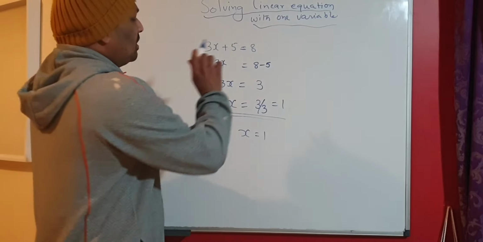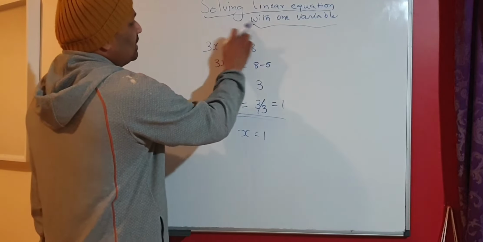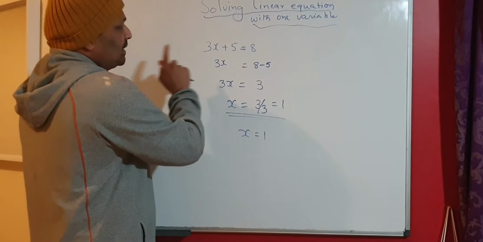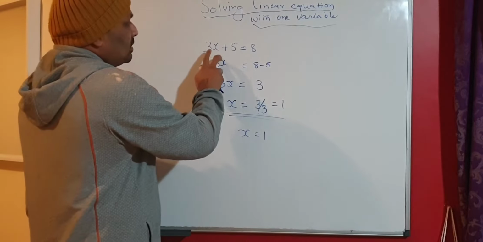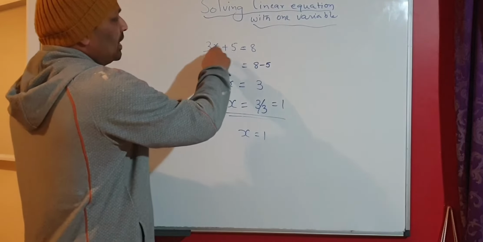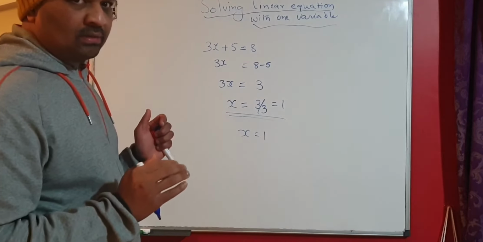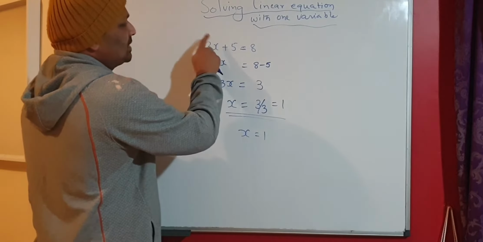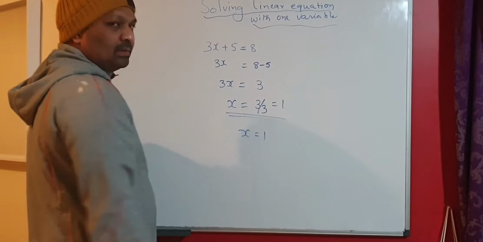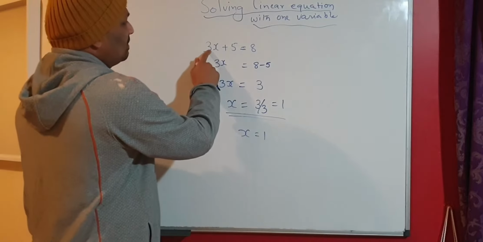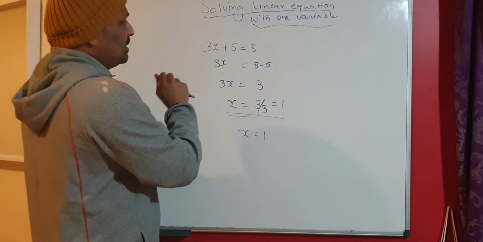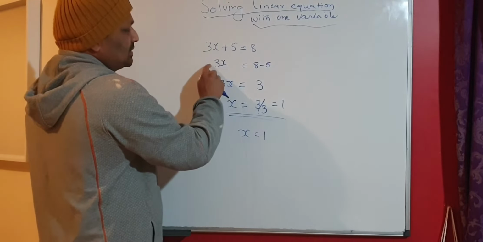Okay, one important thing: when you're taking this 5 to the other side, why don't you bring this 3 to the other side? That is a very obvious question. Because 3 is something that is multiplying only x. It is not multiplying the entire left hand portion. Instead, it is only multiplying x. In such a case, you should not take 3 in this step, because 3 is only multiplying x, which is not the only term on the left side. That is why you should not take a 3 in this step to the other side.